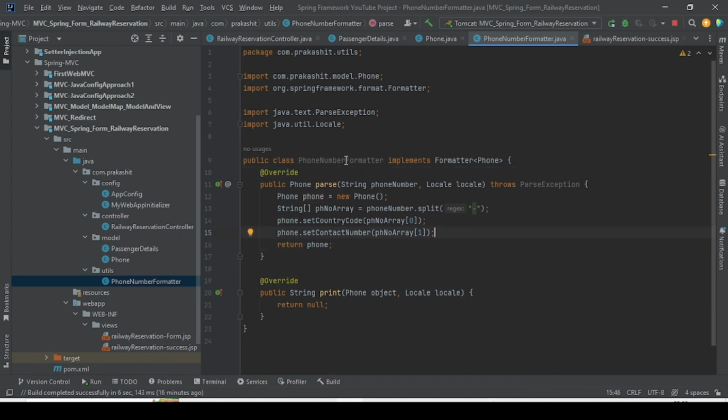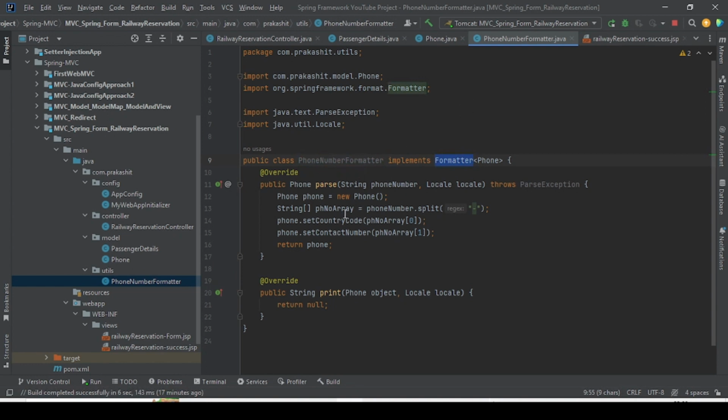What it will do, the Spring Framework will detect and parse with the help of the formatter, the phone number formatter. Okay, fine, this is well and good. But if we wrote all these codes, then our code will not work. Why? Because it will not be auto detected. We have implemented our phone format from the formatter that is provided by Spring, but in order to